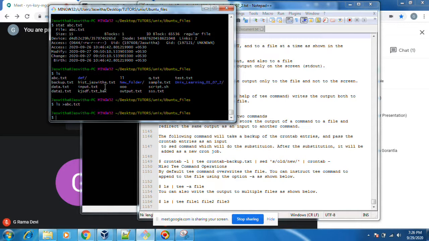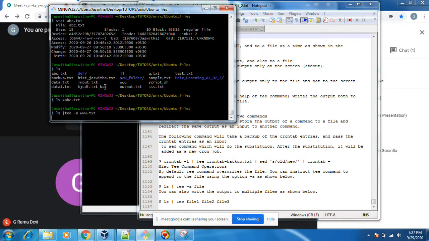Now let's try with tee: ls, pipe, tee, hyphen a, which means append, www.txt. Somewhere it will display, as well as write into the file.